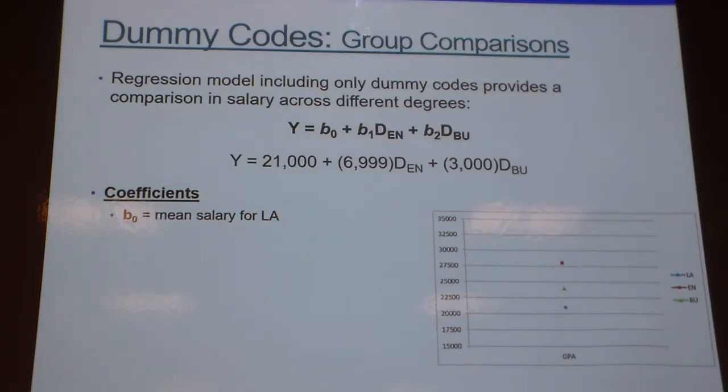Because these are the difference between the reference group and engineering each of the degrees. Okay. So if I'm a liberal arts degree, right? What's my value for engineering? 0. What's my value for business? 0. Those two fall away, and I'm just left here, right? And so my intercept is going to be the expected value, the expected starting salary for individuals who have